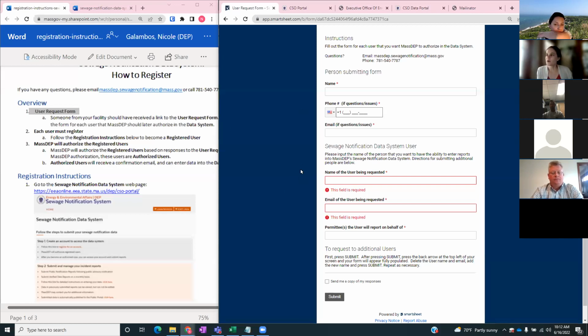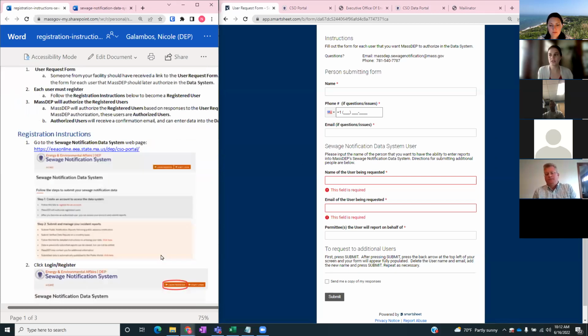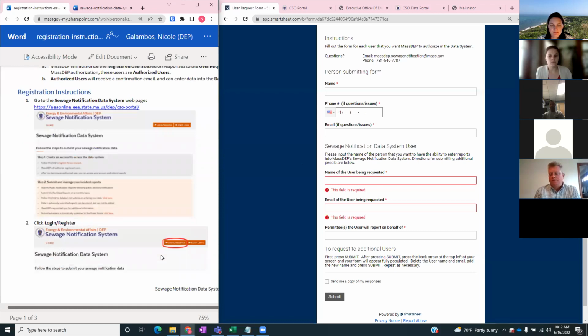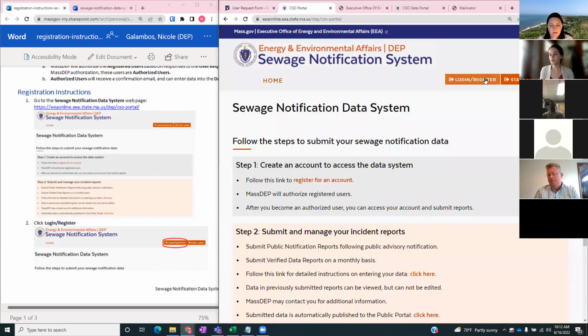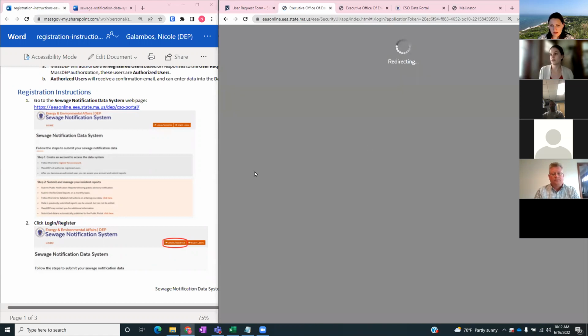So after this form is filled out, each user needs to register. That is done by following the registration instructions in this file, which you should have received, I believe, last week. And it was also in another email that was sent out yesterday. So you'd go to this website, click login and register, and then